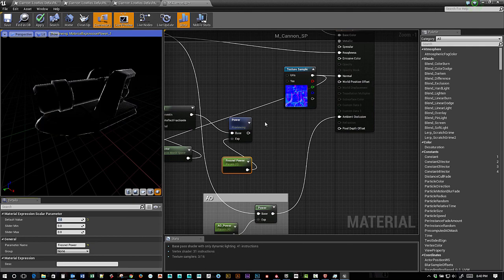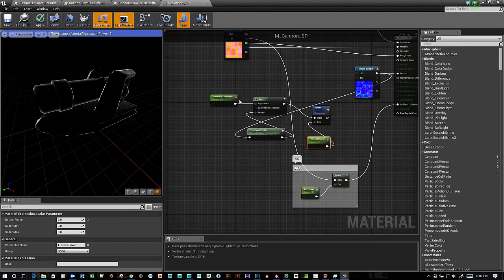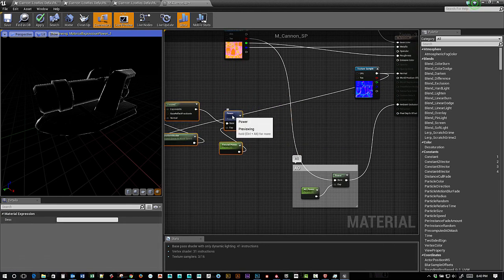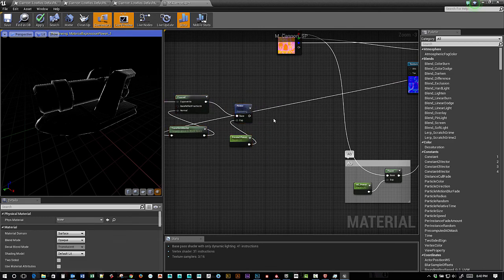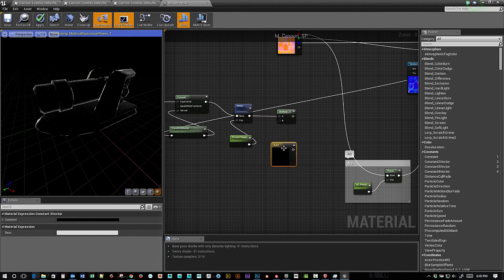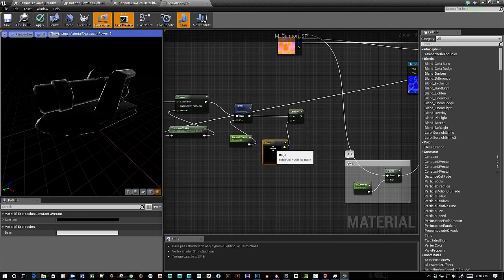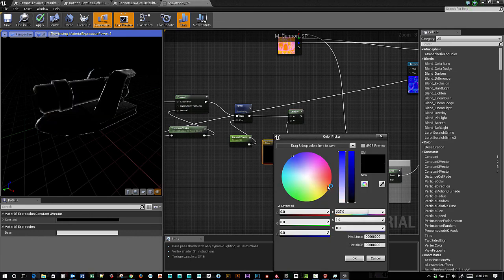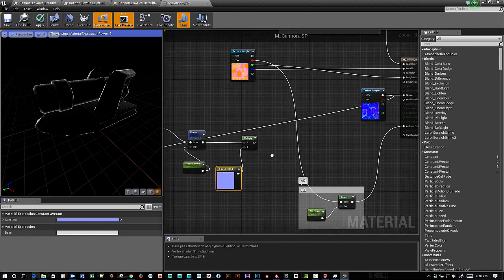So we can do 2, and so what we can do at that point is this. Let's drag this over here like this, and we'll take the results of this and we'll do a multiply. So hold down M and click, and then we'll do this to here. Hold down 3 and click for constant vector 3, and then we'll drag this into here, and this allows us to use a color that we want as maybe this Fresnel kind of effect that is on the outer